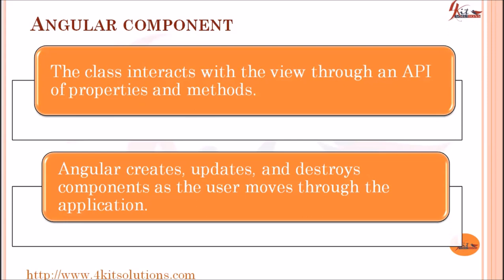Angular manages the life cycle of that component. It creates, updates, and destroys components as the user moves through the application. Suppose we have different components: one component is displaying shirts, one is displaying shoes. If the user opts for shirts, it will create that component, update it with the data, and display it. Now when the user clicks on shoes, it will destroy the previous component